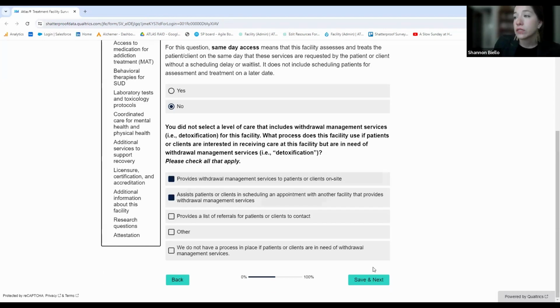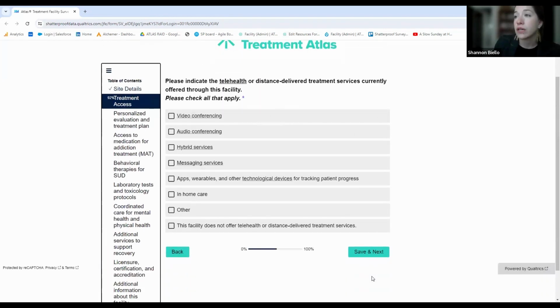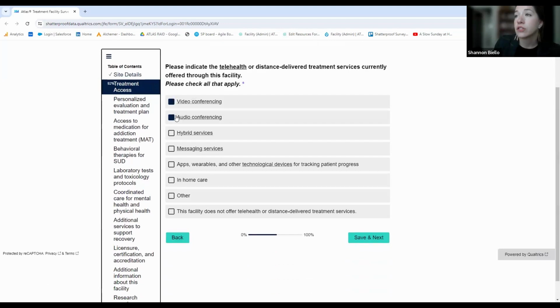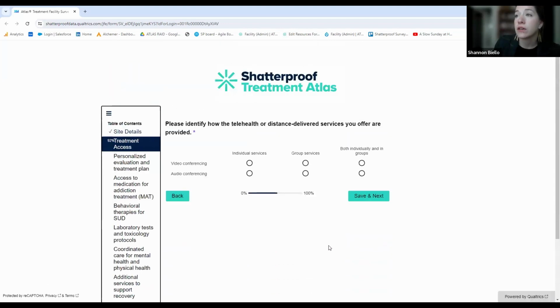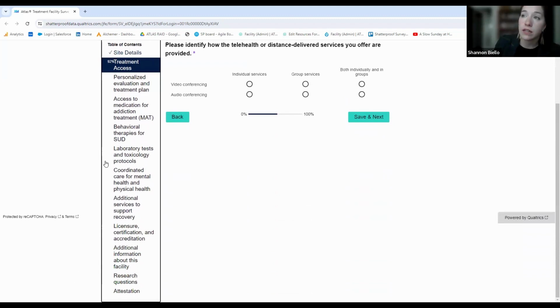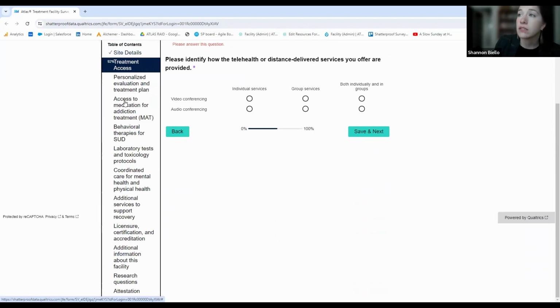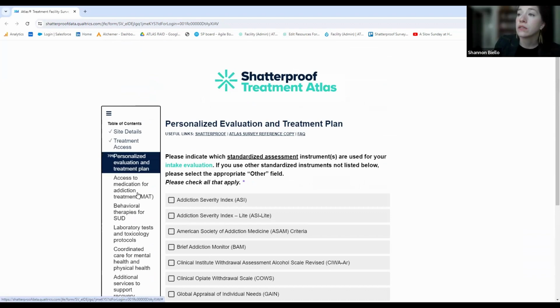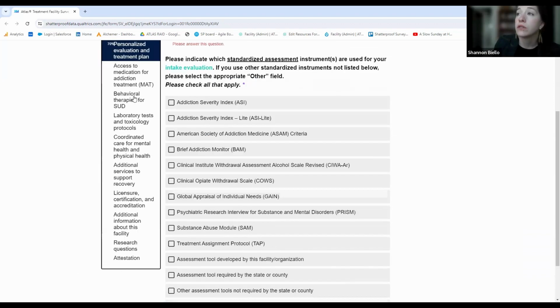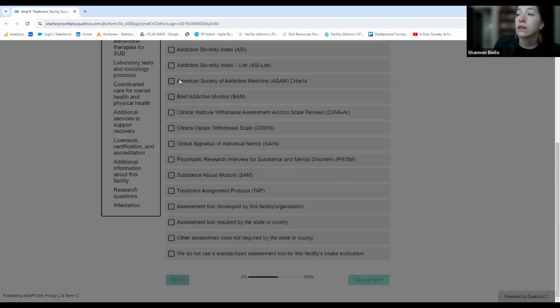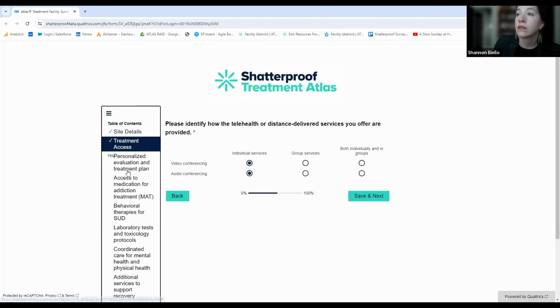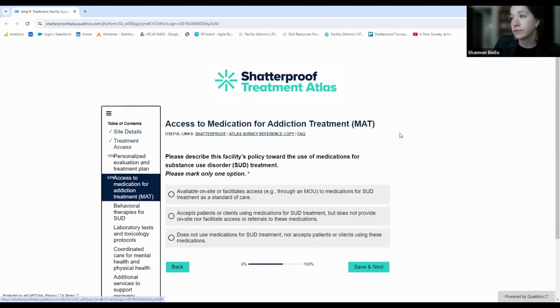As you go through, you'll see, again, we're tracking progress, we're answering questions about different aspects of care. All those different sections are delineated here, so you'll know what you'll be asked about in each of the sections. For example, if we jump to the MAT section, I want you to answer required questions first. So if you jump to the section on MAT,